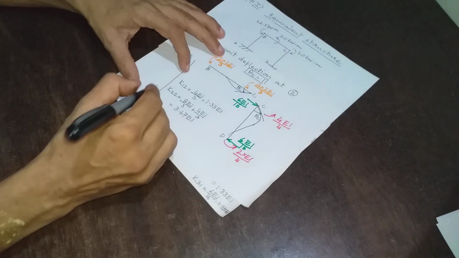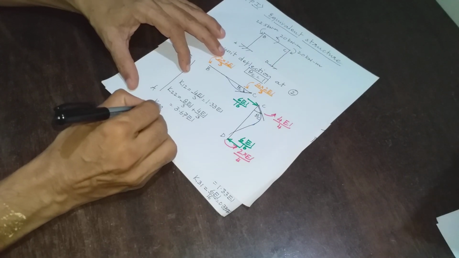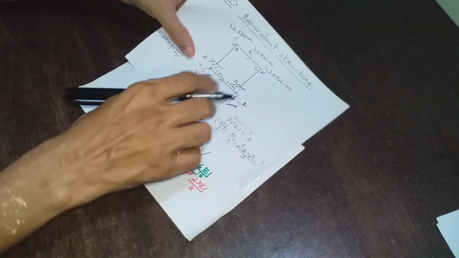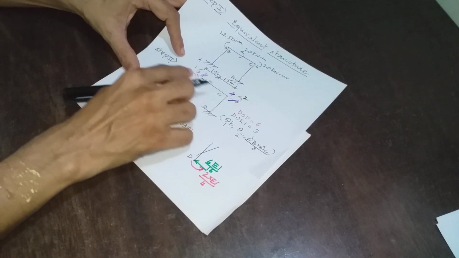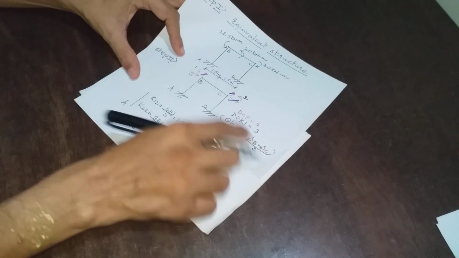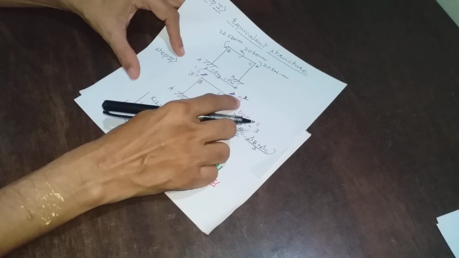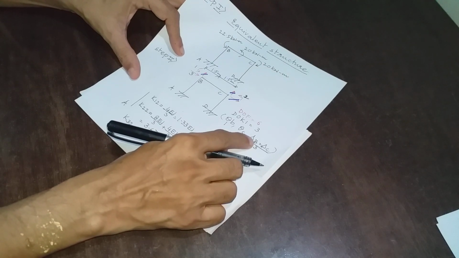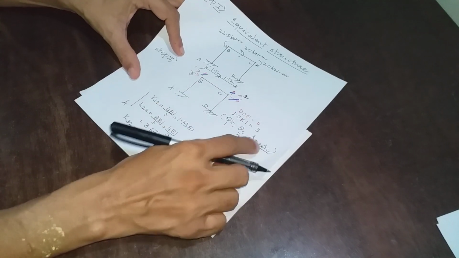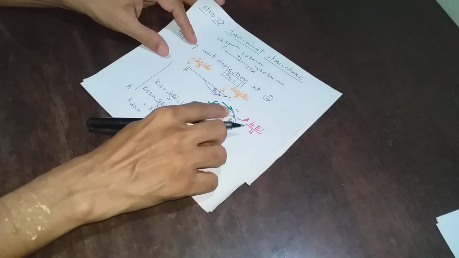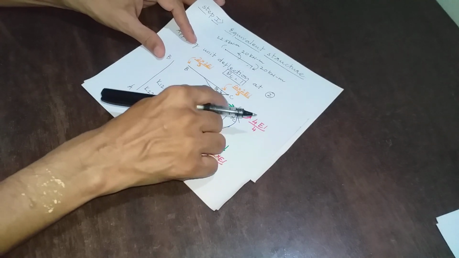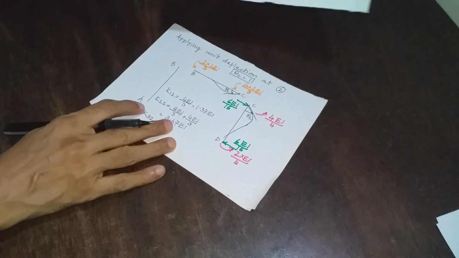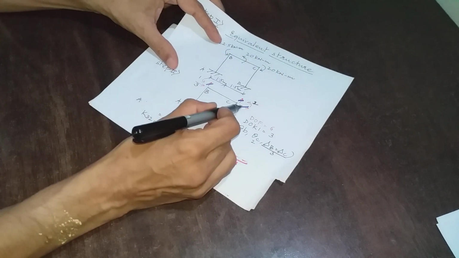And now interesting, what is K32? Force at coordinate 3. Now where is my coordinate 3? Friends, look at this. Coordinate 3 is deflection at B, but that is equal to deflection at C. I don't need to consider both the deflections. That's why I have omitted this. But this means coordinate 3 is either deflection at B or deflection at C. So is there any force acting at coordinate 3? Yes, this is the force acting at coordinate 3. This is the most important concept to be understood. My coordinate 3 is not only at B, it is also at C.